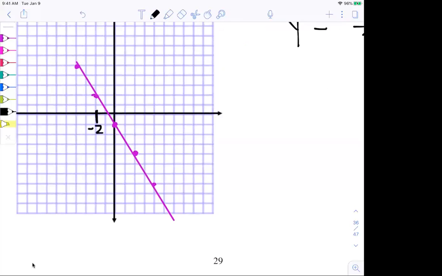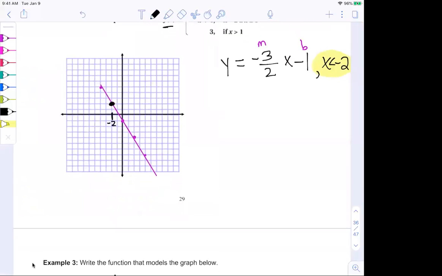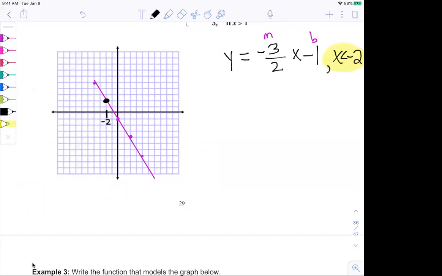I'm going to go up to my line and put a point where x is negative 2. I need to keep the piece of the line where x is less than negative 2. When we're talking about x values, the numbers to the left get smaller. The numbers to the right get bigger. So I need to go to this line and only keep the piece that's less than negative 2. So here's negative 2. The piece that's less than negative 2 would be to the left. So I'm keeping that piece, and then I'm going to erase the rest of it.